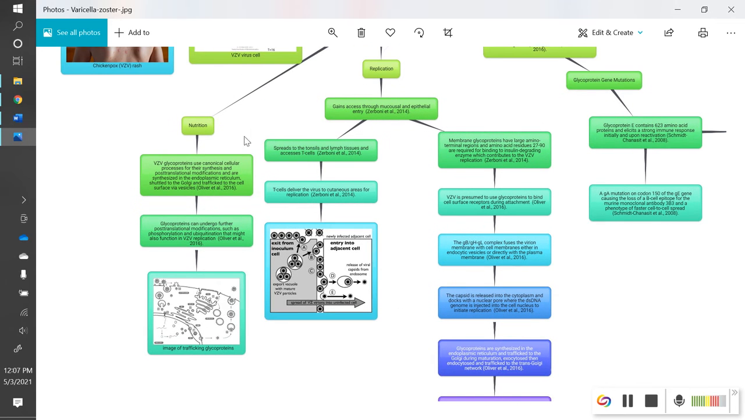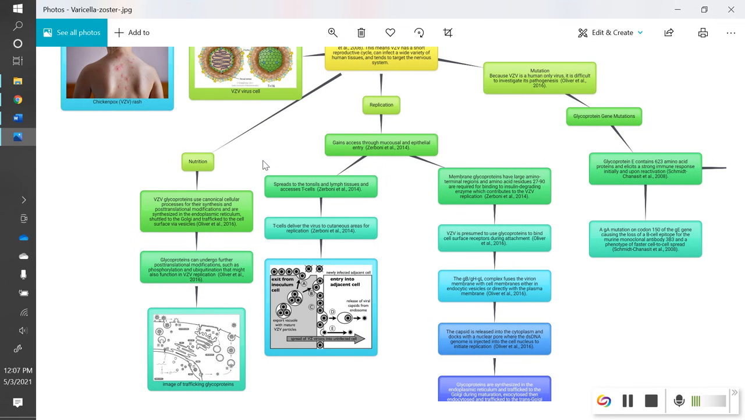Let's see, nutrition, as far as that goes, I was able to find it really just uses the mechanisms inside the T cell to replicate. I didn't find a lot of nutrition specifically for this virus, but it is synthesized in the endoplasmic reticulum. And then those glycoproteins can undergo further post-translational modifications, such as phosphorylation and ubiquitination, and that might also function in the varicella virus replication. This is an image of glycoproteins